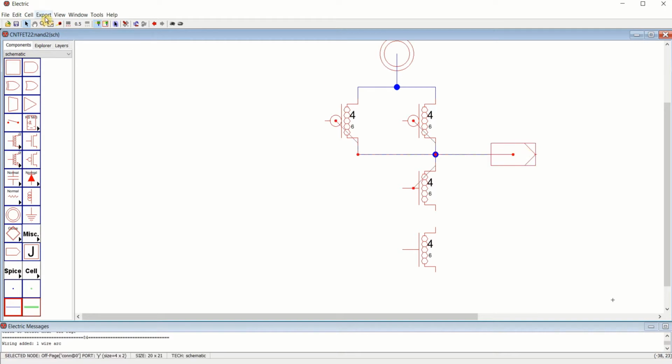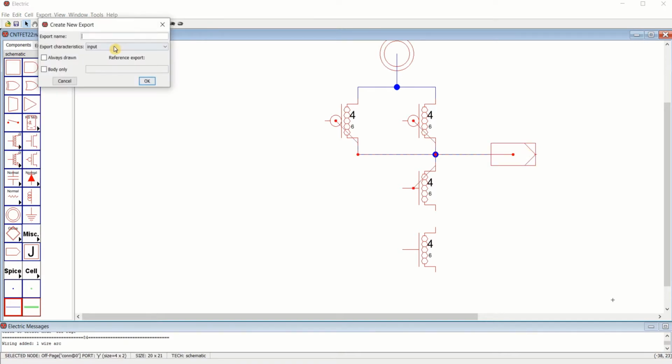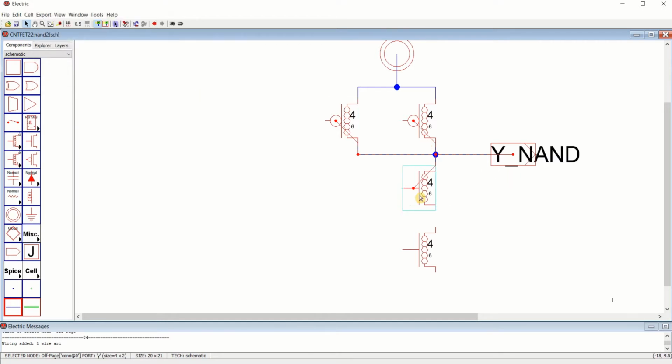Select this node, go to export, create export, select this to output characteristics and name the label y underscore NAND. I want to have the name as y underscore NAND. Now make the required connections. Use the pointer concept here.